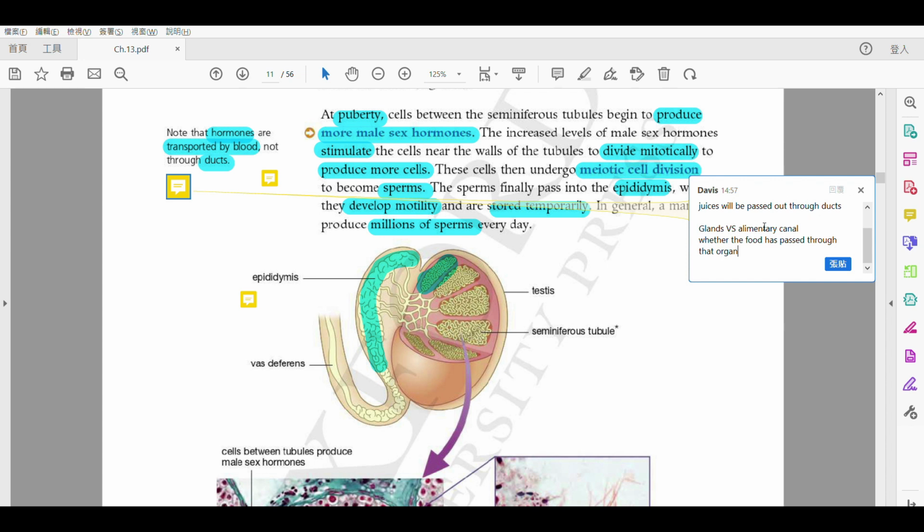But then, what are the glands? Glands 係你冇 pass through 嘅，the food has not passed through. For example, like liver or like the spleen, alright? So the food does not pass through there, but they will release some liquid 或者一啲嘅 fluid 啦，或者我哋講再清楚啲，even more clearly